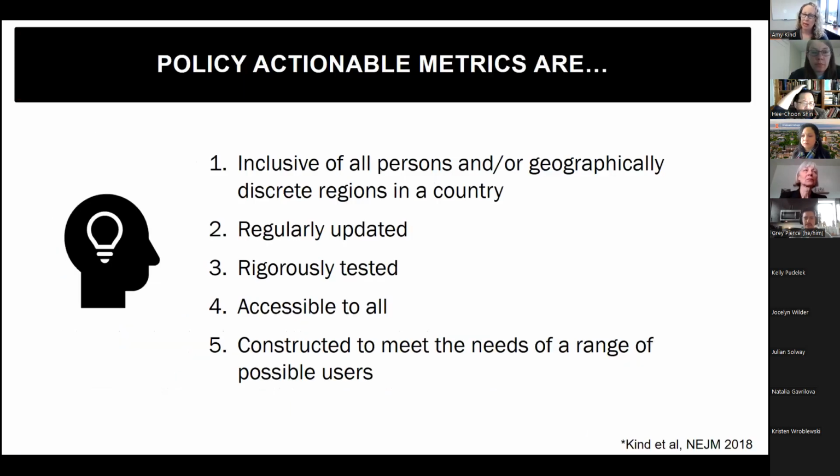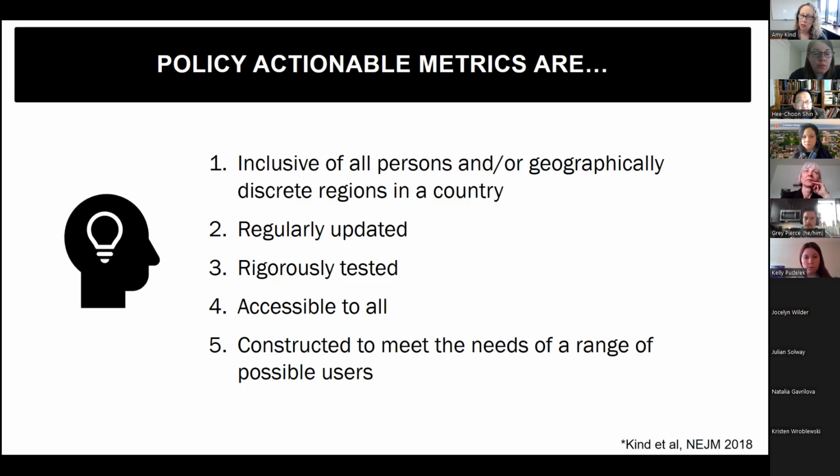So this brings us back to some of these constructs of implementation science. And when we think about designing a project or designing a research question that is actionable, one of the areas of action is in policy. And so when we think about policy actionable metrics, if you were to bring someone in from the Centers for Medicare and Medicaid Services and ask them what would be needed in order to ensure something was actionable, they would say many things, but likely they would say these things for sure.